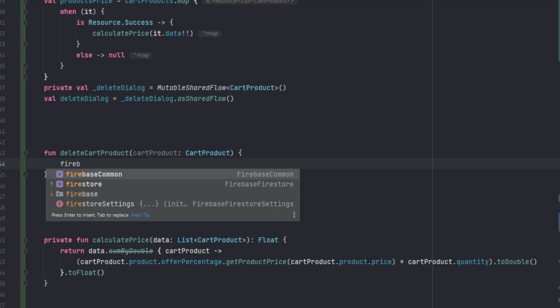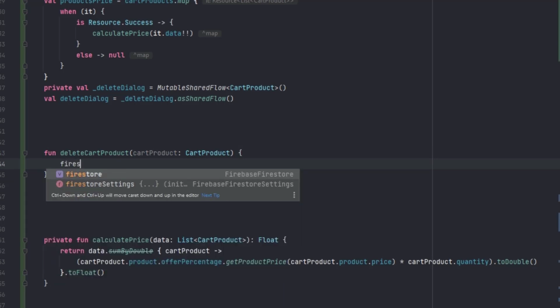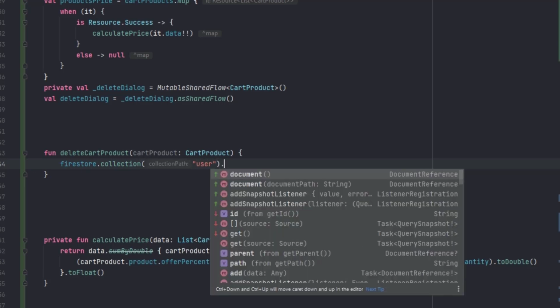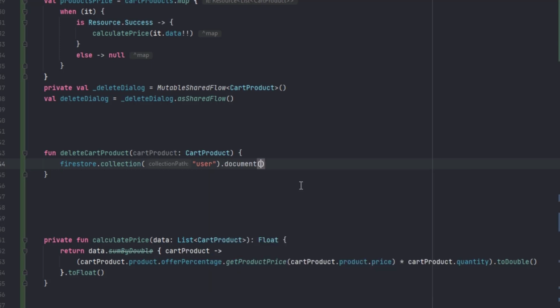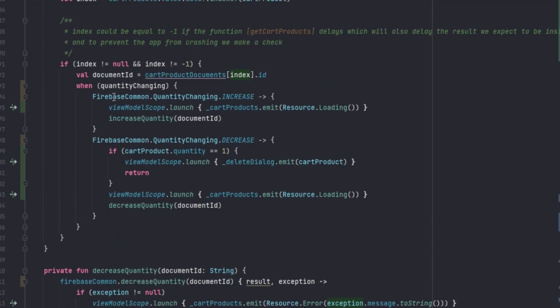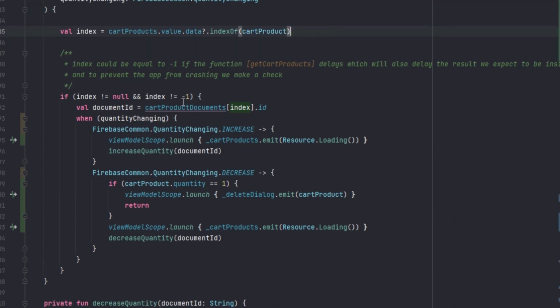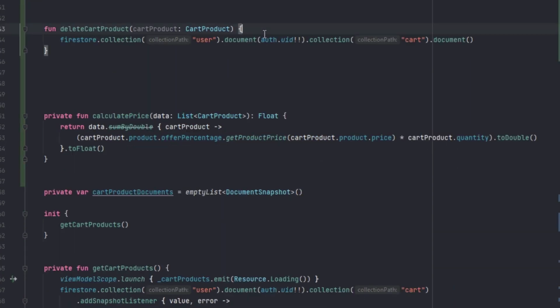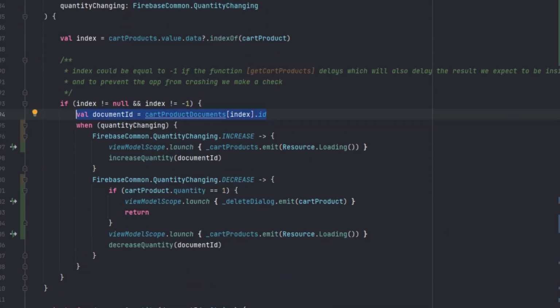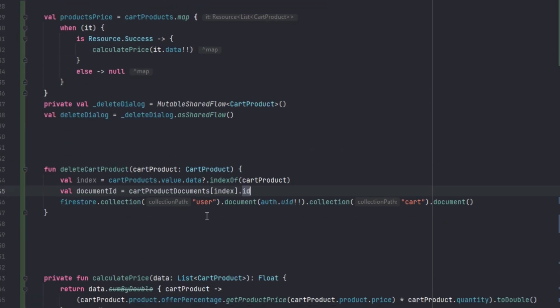Now we can actually use Firestore dot collection. We want to access our user collection. Then we want to access the user document by his UID. Then we want to access the cart. After that, we want to access the document that want to get deleted. So how we get that? We did it down. We did it in here. This. So we can copy this. So we can get the index of that product, then we can get the document ID, copy that line to paste it in